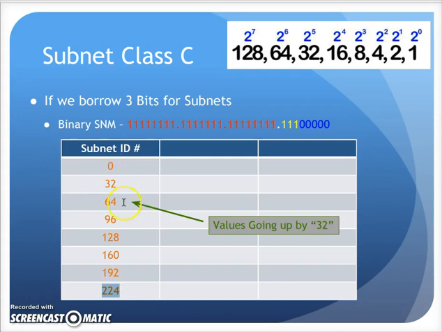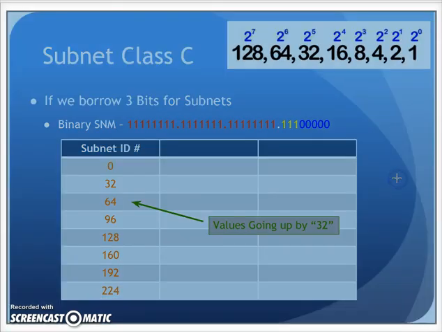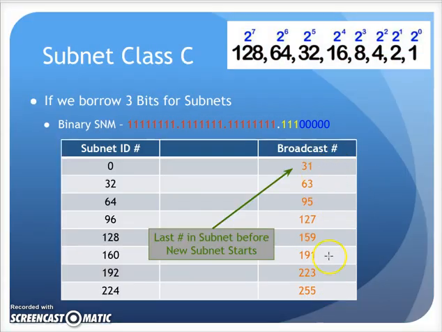There's my 1, 2, 3, 4, 5, 6, 7, 8. There's my 8 subnets. So those are going to be my subnet numbers. The other side of my chart, I'm going to put my broadcast numbers, my broadcast addresses. Okay, and to get that, if this one starts at 0 and this one starts at